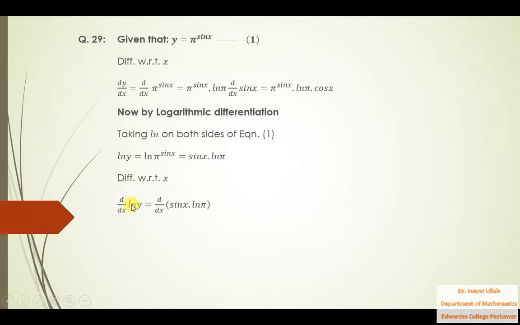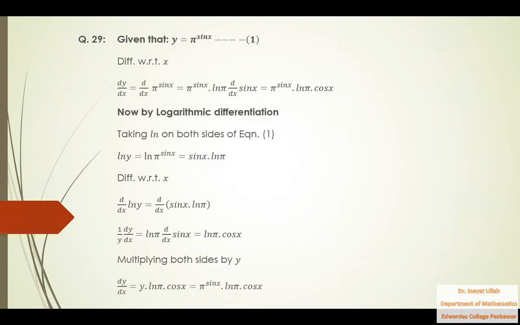This side is derivative of log of u, so derivative of log of u is 1 by u, derivative of u, I mean y, and pi is constant, so log of pi is again constant. So writing this log of pi in front of this derivative, and we are left with derivative of sine x, and derivative of sine x is cos of x, so that is 1 by y dy dx is equal to this thing. We need this thing, so multiplying both sides by y,